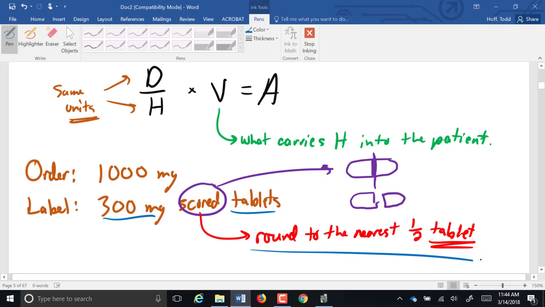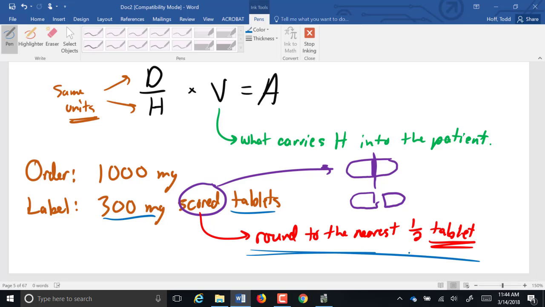Now that part, rounding to the nearest half tablet, that involves whatever method we use for calculating the dosage. If we have scored tablets, whether it's this formula, whether it's a proportion or dimensional analysis, as we see them later. So anyway,